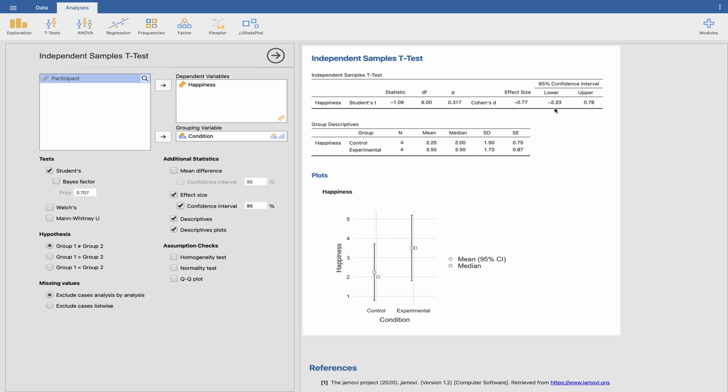So that is the limit of one of your effect sizes, that the experimental group is happier than the control group. The other limit is the flipped effect size, and that suggests the control group is happier than the experimental group. That is also a large effect. So the true effect is anything between a large effect where the experimental group is happier than the control group, right here,